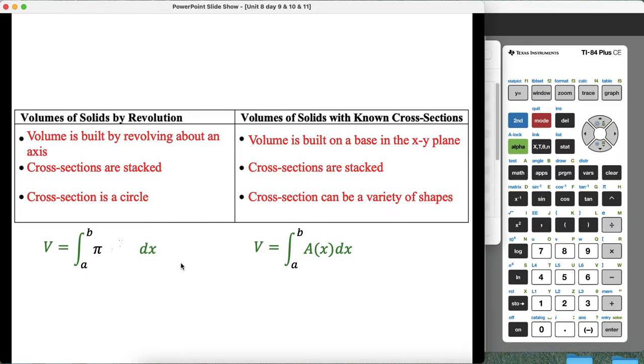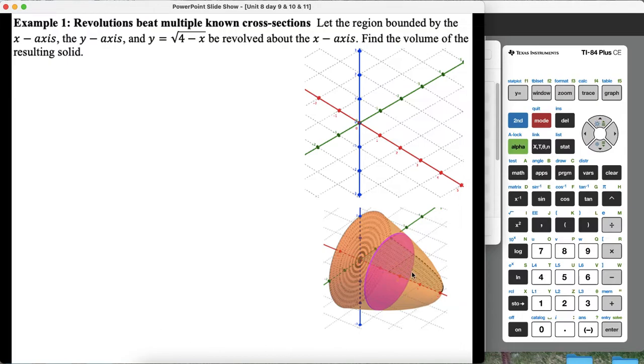So this changes the volume expression a little bit, and instead of having a generic area function for a variety of shapes, we can just put in the area function for a circle, which is pi r squared. And that radius of revolution often is the function itself that's given in the problem. So when we take a look at this from a revolution standpoint, let's look at the stem now and see how it's changed. Revolutions,